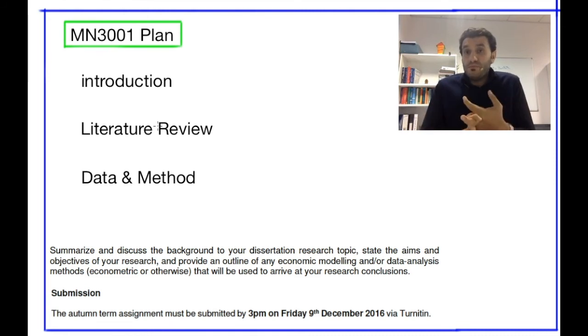So data is very important, so you need to be careful when you look for data or when you try to think of the methodology, because if you have a good methodology without data, then we can do nothing. And also if you have good data but you're not using the proper methodology, then again your results are not going to be really making any sense.